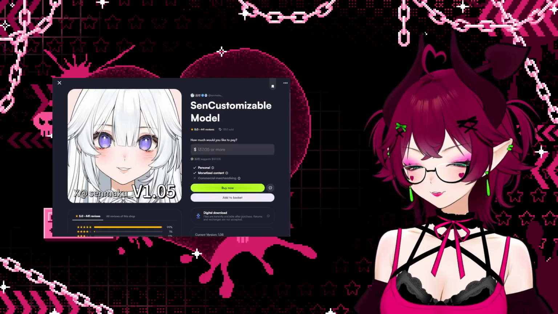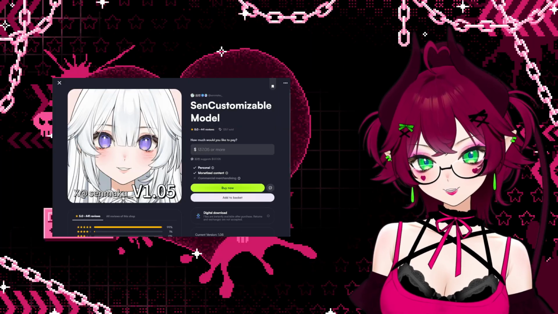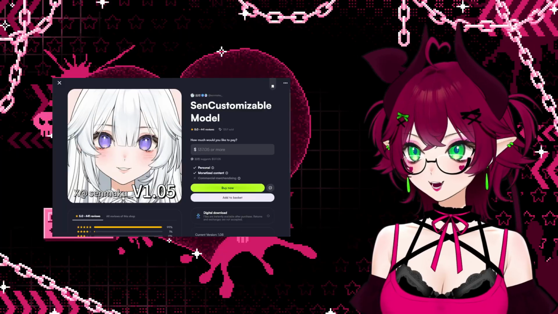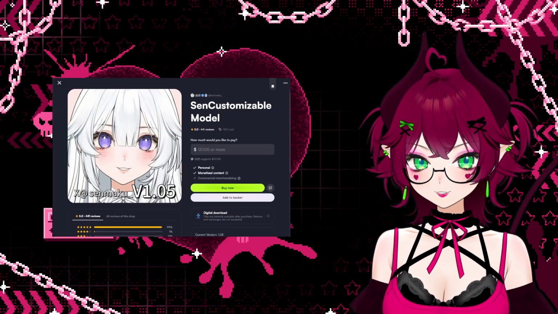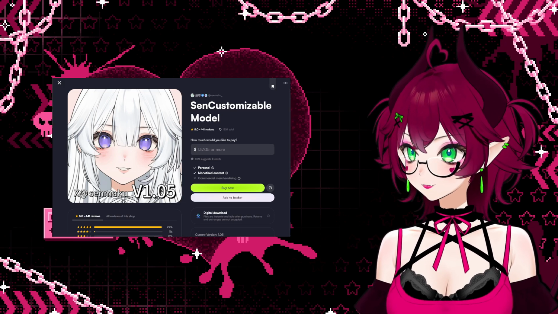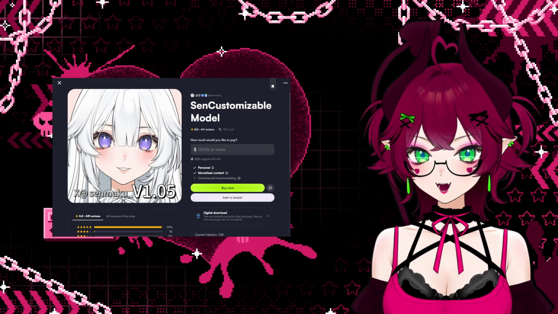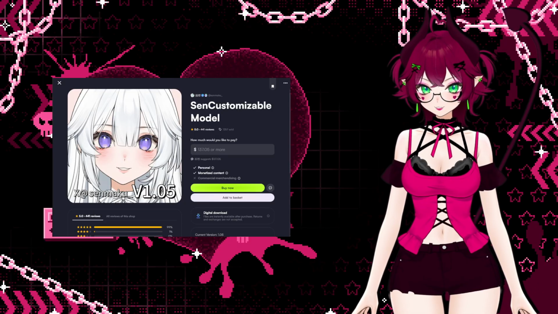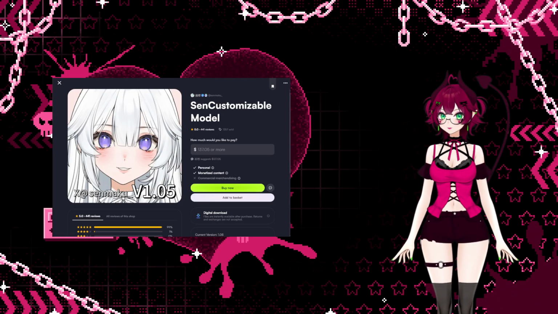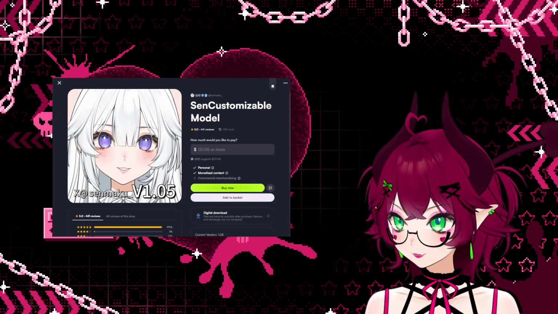So, presently, and what we're going to be talking about throughout the video, is the Senmaku customizable model. And what you're seeing now is with no edits at all. This is all pre-built into the model. This is all unedited assets. And you know, you can get it really cute. However,